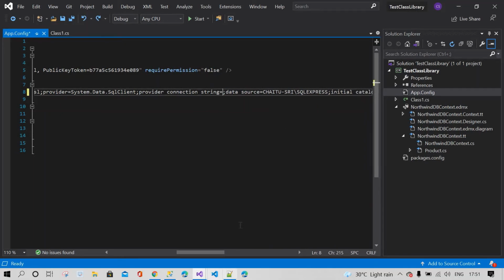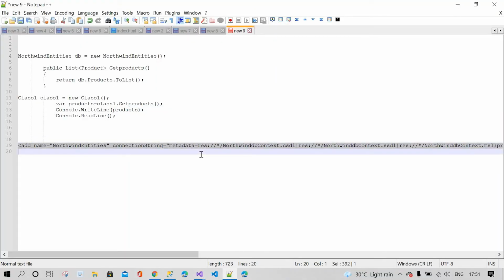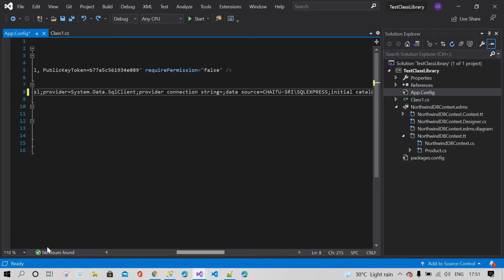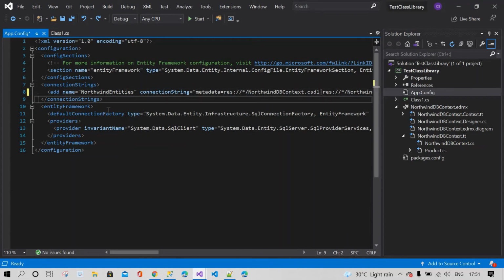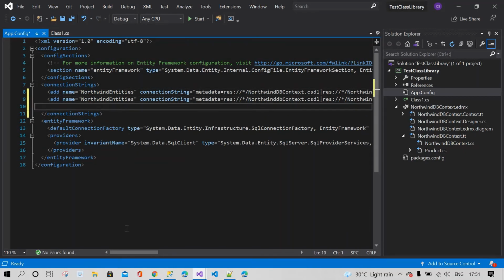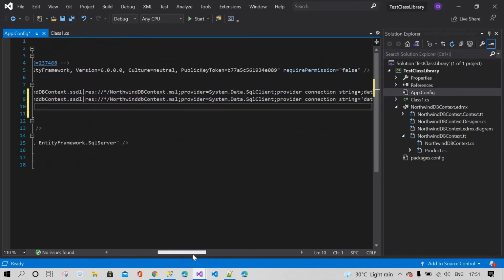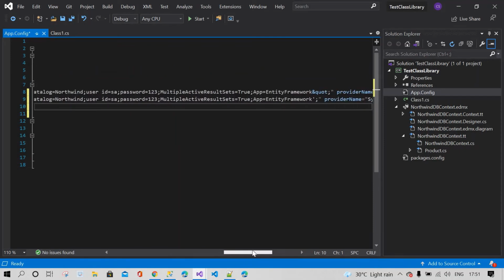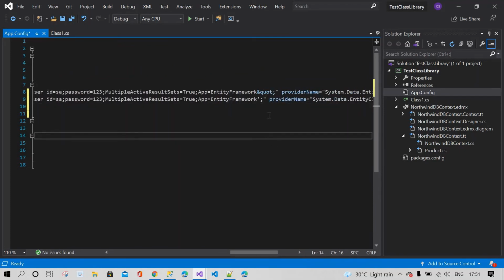Keep in mind you have to remove this; I will tell you why. Instead, I already have code that I'm going to add directly here. What is the difference? I will show you. When you install any Entity Framework in a class library, by default you get this quotation text.